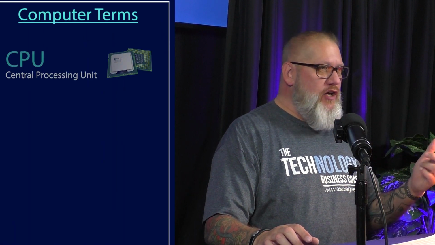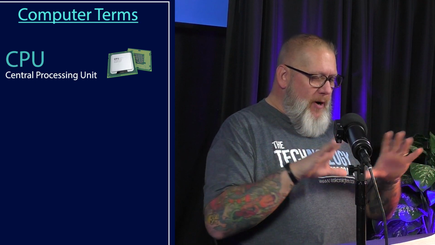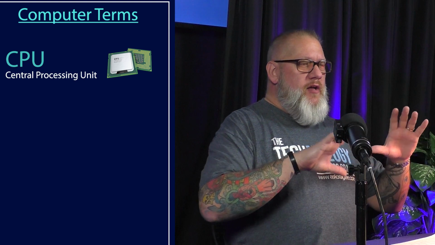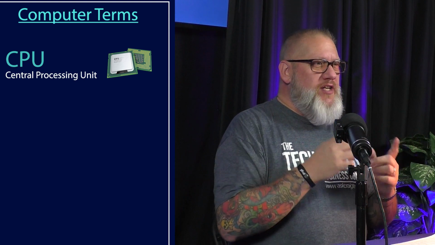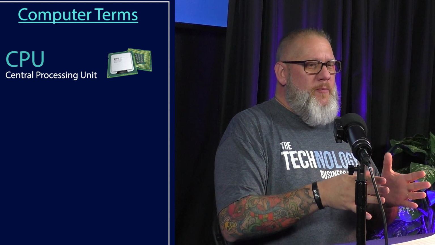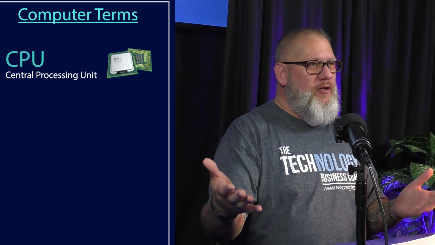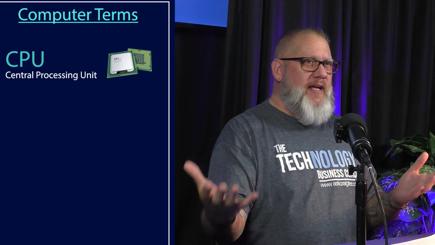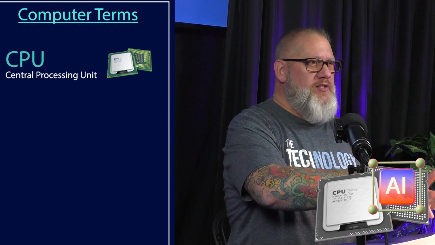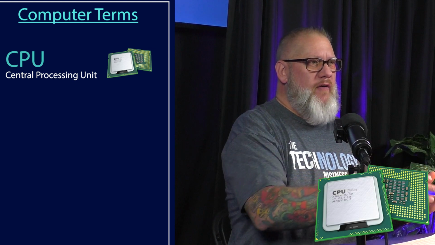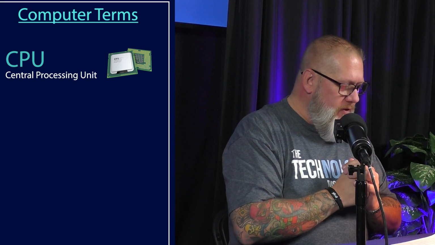The first one is CPU, Central Processing Unit. This is the primary part of the computer that does all of the instructions, it does all of the commands, it handles all of the tasks. And what's interesting, if you think about the CPU and you go forward to where we're at with things like AI and machine learning, it would really be like taking AI and telling those old central processing units how to do the things that they need to do, right? It's that automated command part now that we're used to.